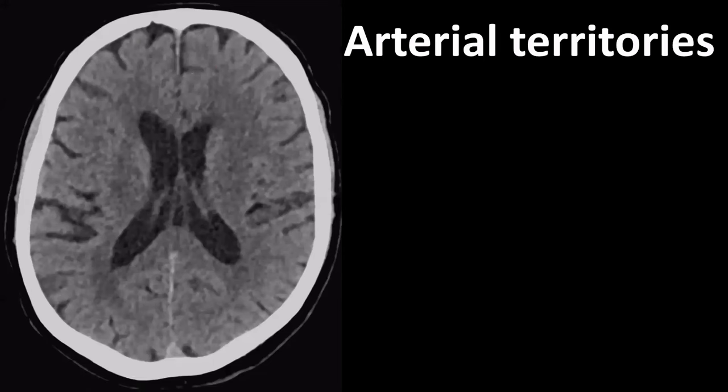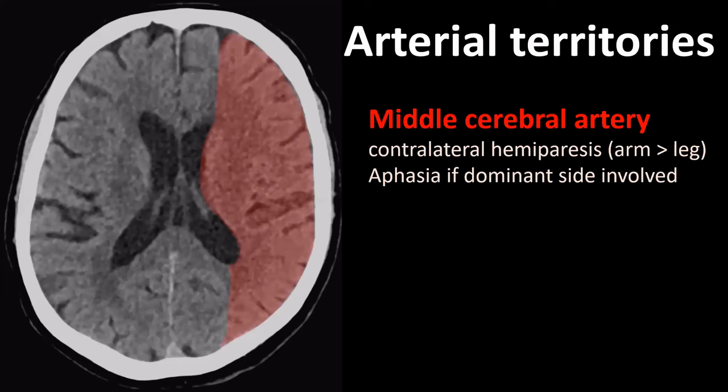It is important to know your arterial territories to recognize an ischemic infarction on a CT image, because if an artery is occluded, only the part of the brain that is supplied by that specific artery will infarct, and only in that part of the brain will you see signs of ischemic infarction. What are the main arterial territories of the supratentorial brain? We have the territory of the middle cerebral artery, which is the biggest territory, composing most of the lateral part